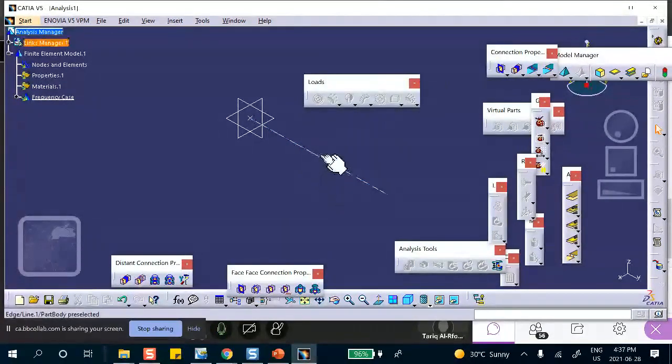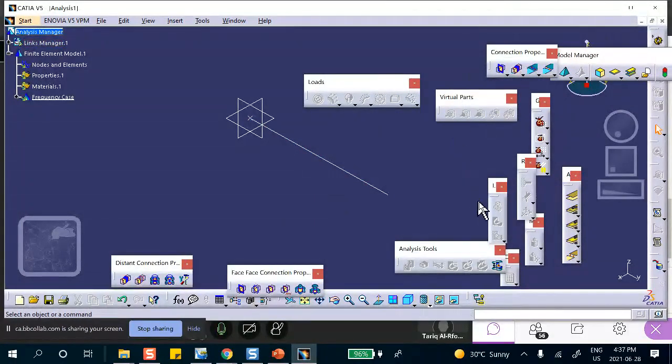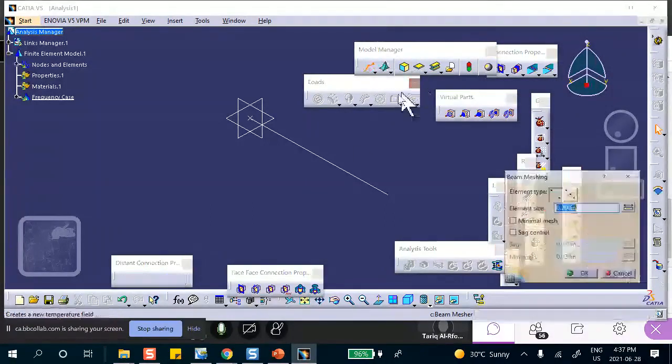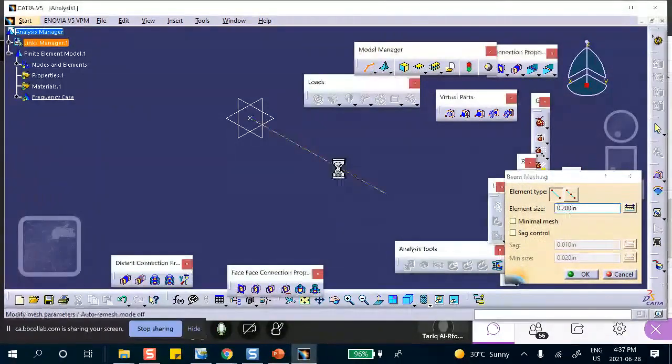Now we're going to mesh this, right? Agree? And how do we do that? Beam mesh. You need all this stuff for Saturday. Beam mesh. And I want to remind you that the reason it will not hassle me, I can do that, is because this was a line. Remember that? I created a line. If you have created this thing as a sketch, it will not let you pick it. And what would the remedy be if you created this line as a sketch and you tried to mesh? Come on, guys, you need it for Saturday.